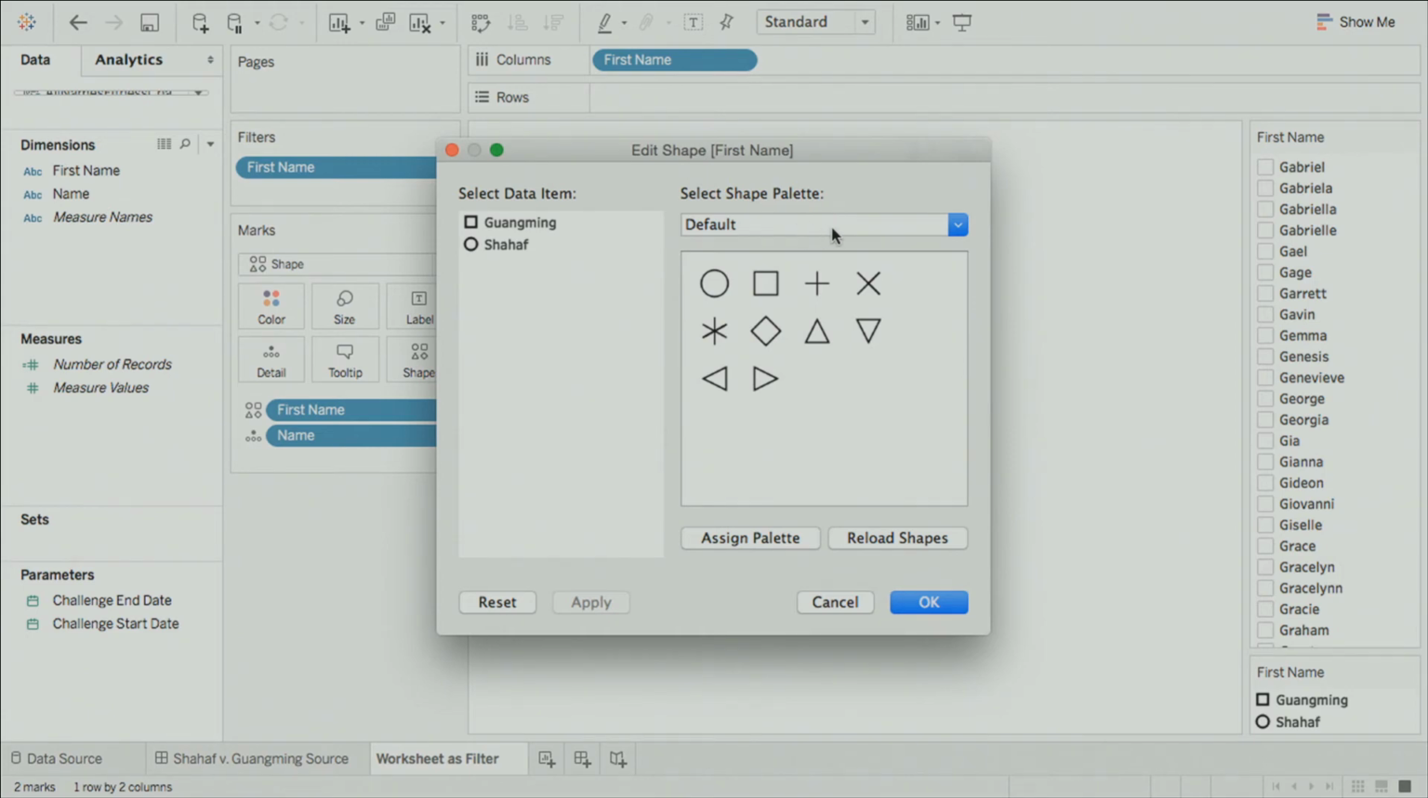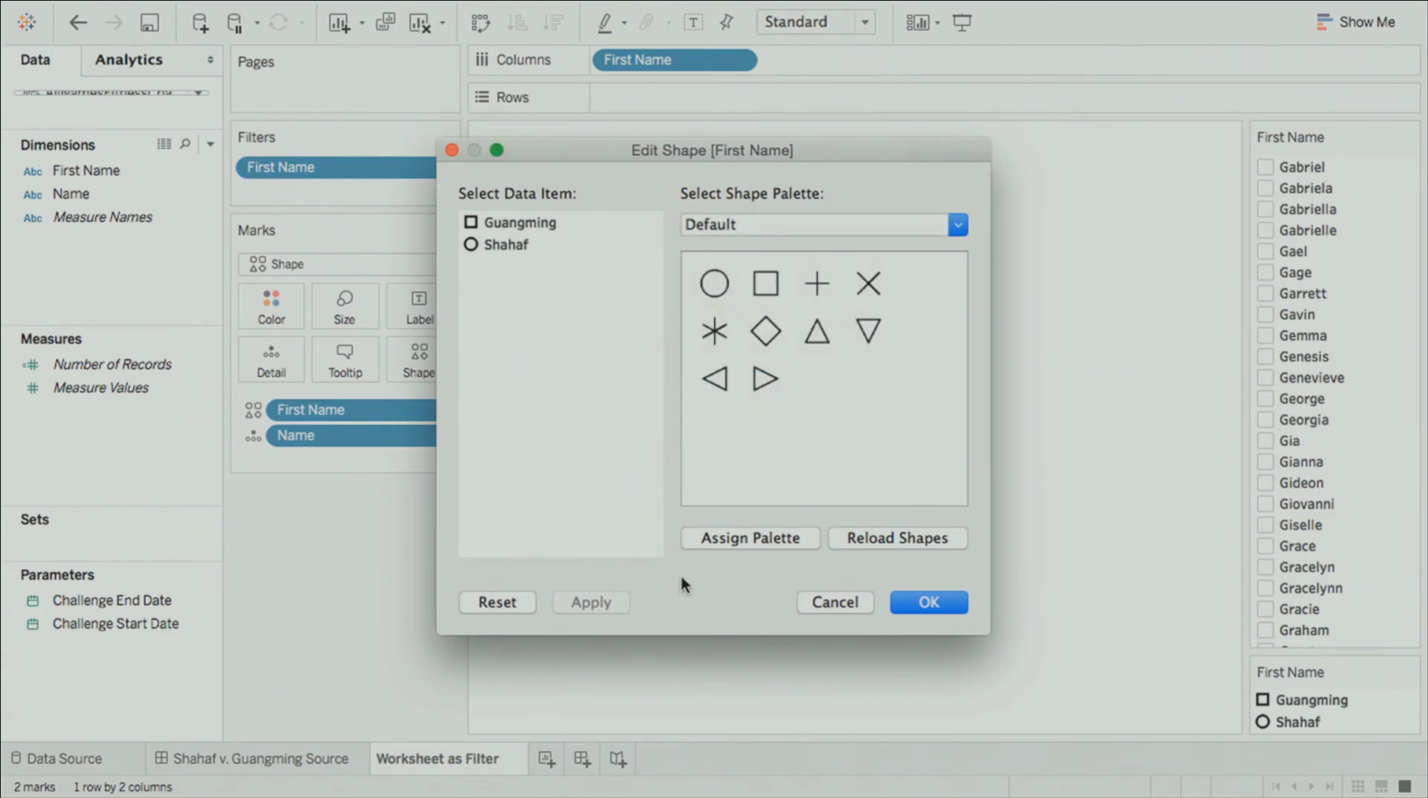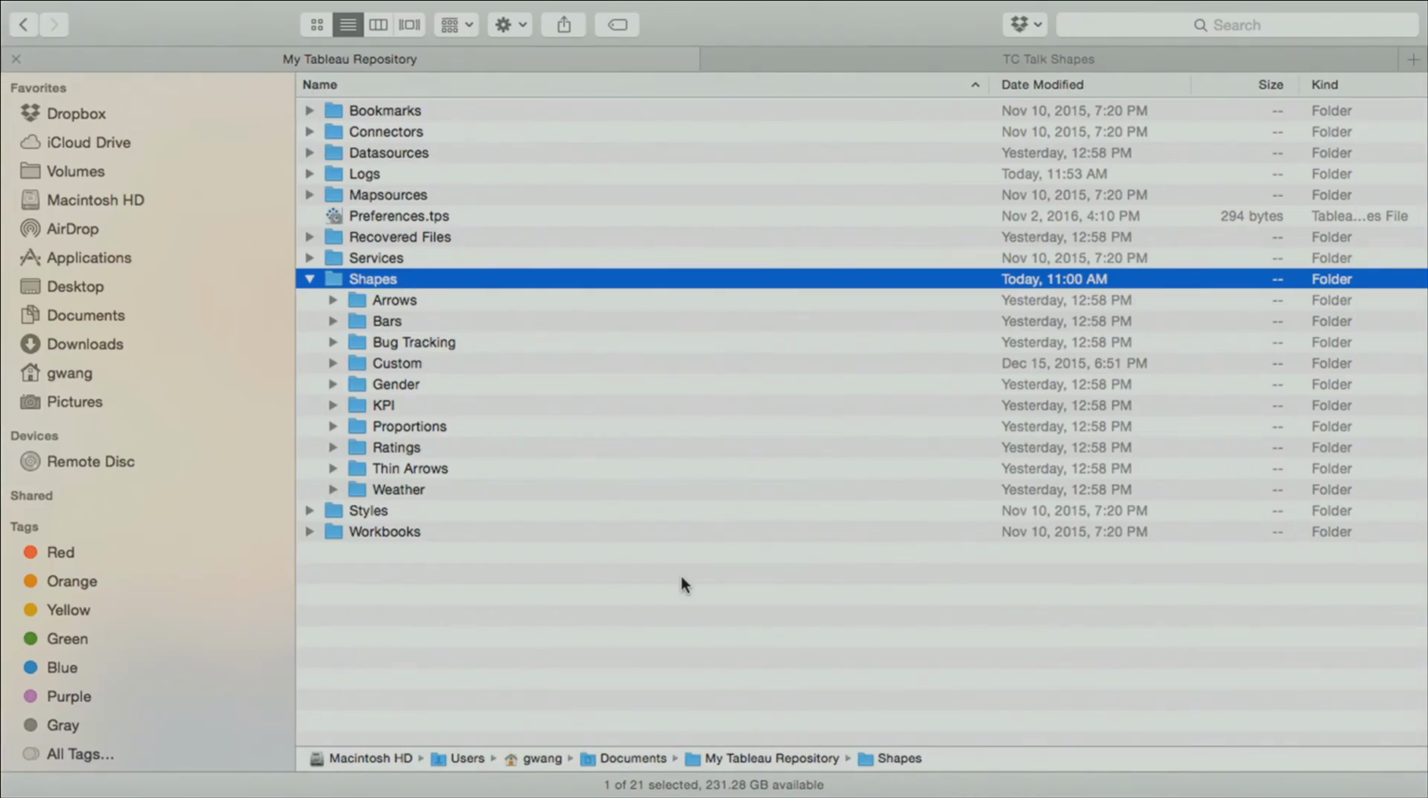Let's see what we have, what got shipped with Tableau by default. It has a bunch of default choices, but none of them fit my use case. Don't worry, I can add in custom shapes, and that's very easy to do. All you have to do is go to your Tableau repository. On a MacBook Pro, it is in my Documents folder. So go to your Tableau repository and click on